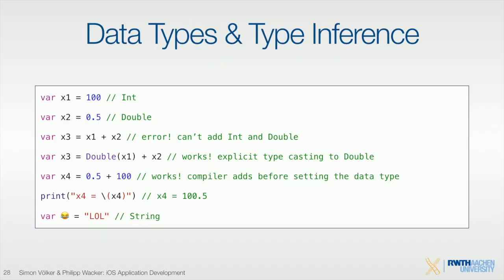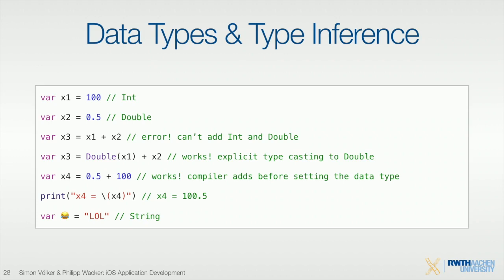So here are the typical types that you have in Swift. You have ints, you have doubles. For example, if you want to add, this will not work, because this is an integer and you cannot add a double to that. What you have to do is basically cast this into a double and then compile it. So it's very strongly typed. What you will learn the hard way is that this is sometimes a typical bug that you find in your applications. And this would also work because in this case,